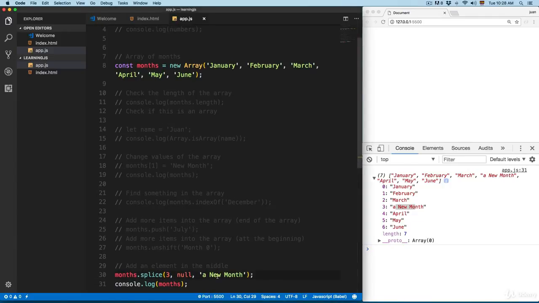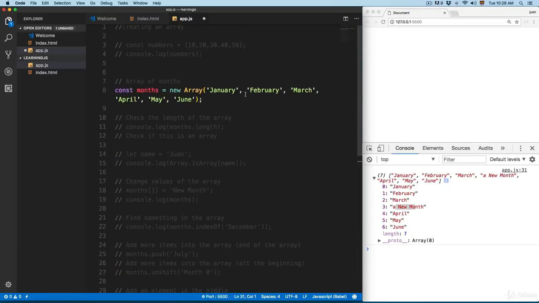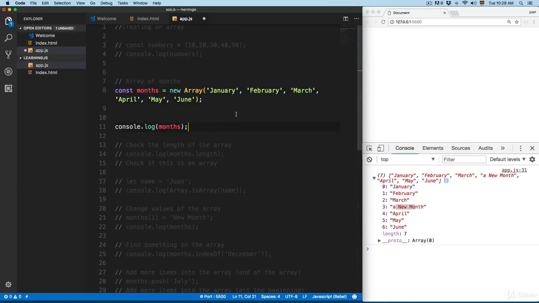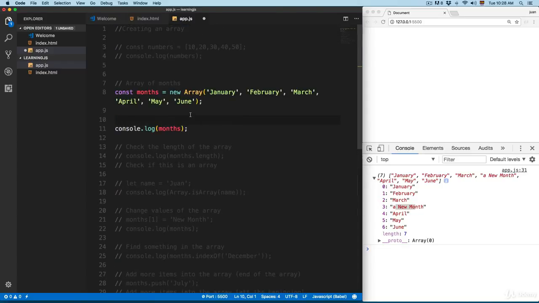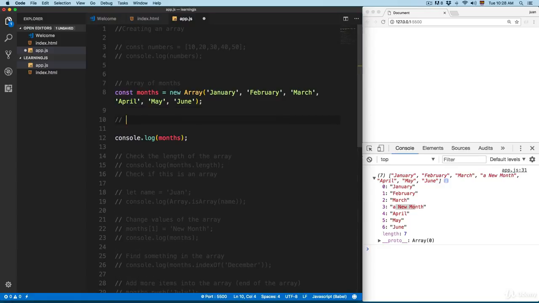So I'm gonna comment this line, and I'm gonna move this to the top, so we can see the array and the new functions right here. We're gonna keep this here on the bottom. So for example, you have array pop, which removes an element from the end,